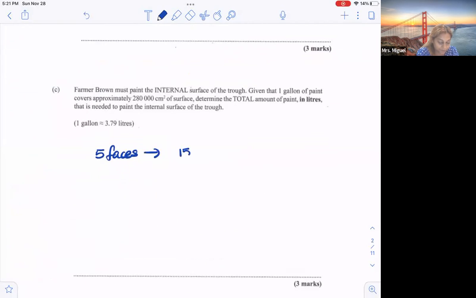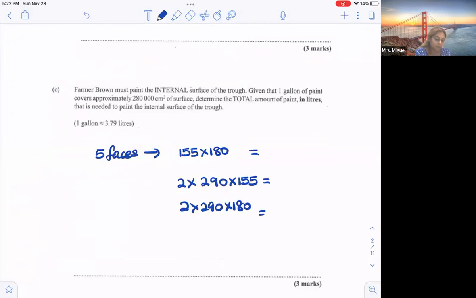The first one, 155 by 180. Then 2 by 290 by 155. Then 2 by 290 by 180. So when we add all of that, we will get 155 by 180, which is 27,900. 2 by 290 by 155, 89,900. 2 by 290 by 180, 104,400. When we add that together, we will get